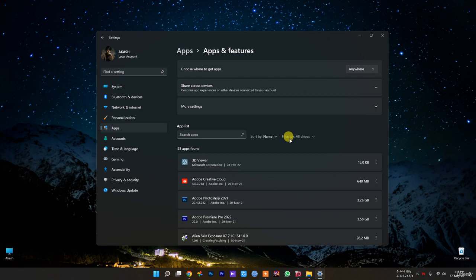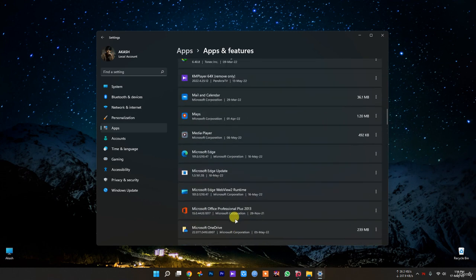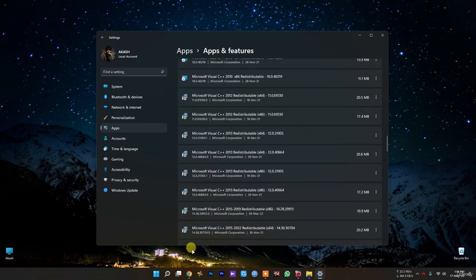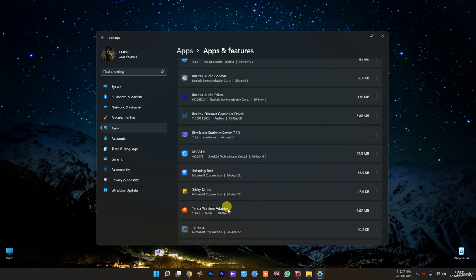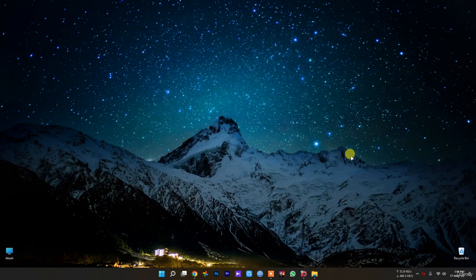When you are trying to increase the system performance, you should always remove these non-essential applications. I only have the system applications, and none of those other applications are installed here. So make sure you remove all those that you do not need,